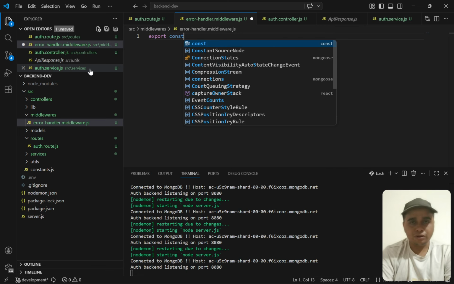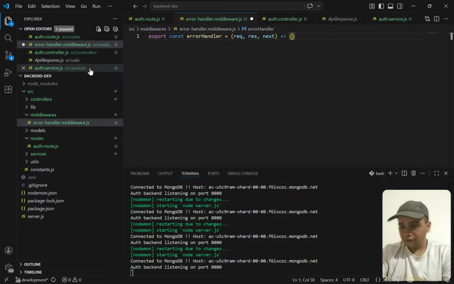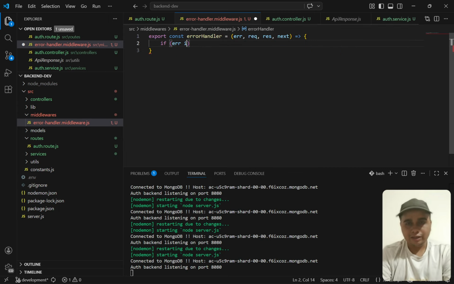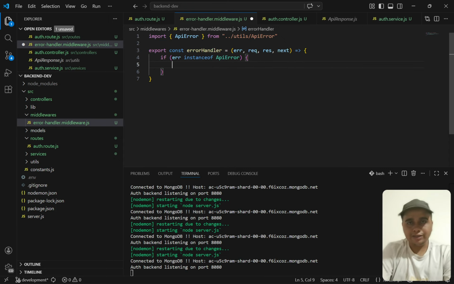I'll write export const error handler, which takes a request, response and next. I think we also have one error. Yes, we also have error, and here I will say if err is an instance of API error dot js, and here what I will do is